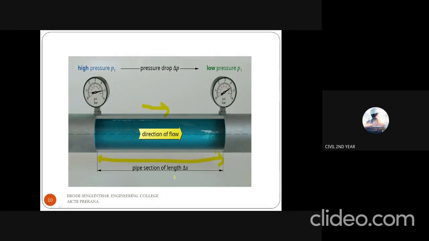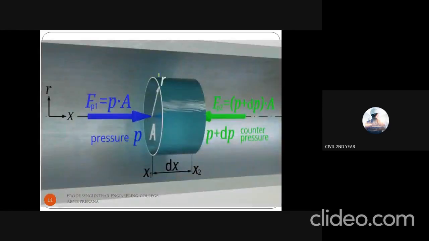So let me go further for the derivations. We are considering the fluid element here. Here one pressure is acting, Fp1, which is equal to P into A. That is the pressure on the AB side. Then the pressure on the CD side is P plus some difference of pressure dP, into A. Then x1 is one section, x2 is another section. The difference between the lengths is dx. Small r is the radius of the fluid element, and A is the area of the particular section.